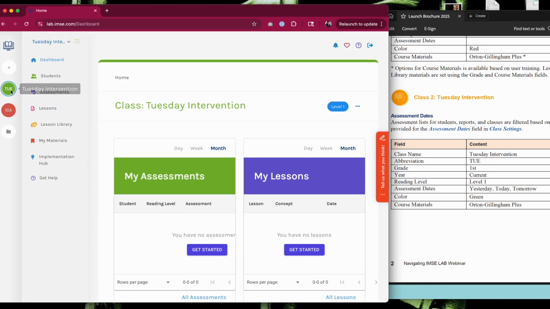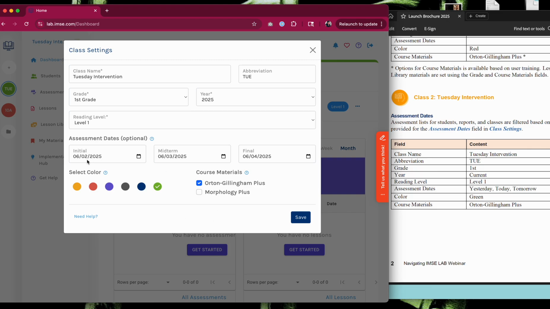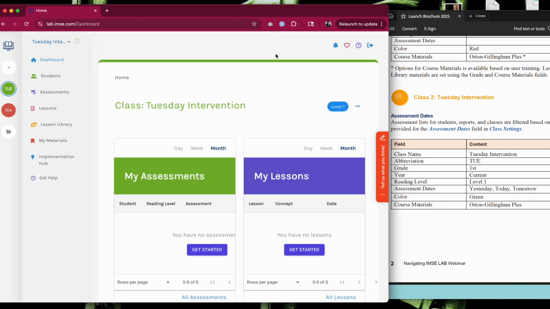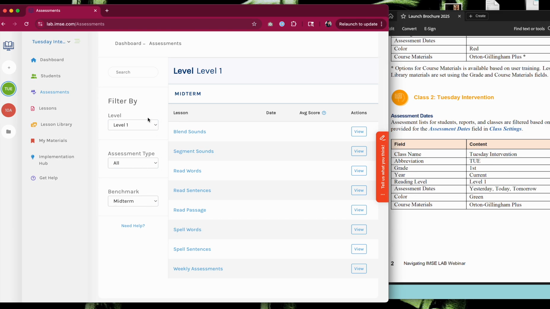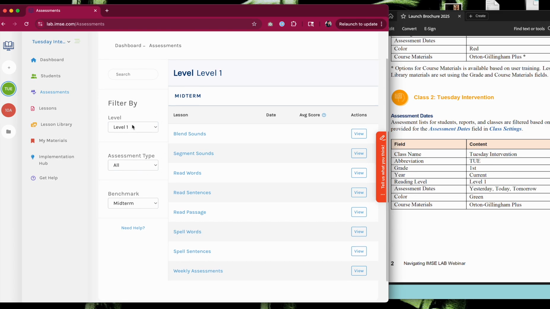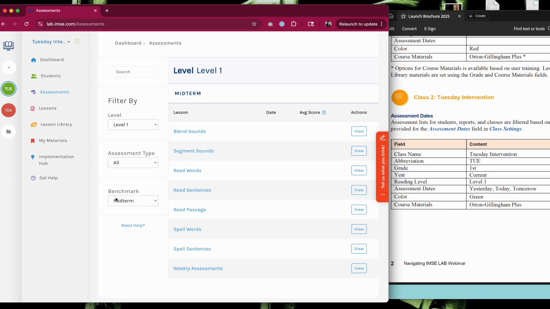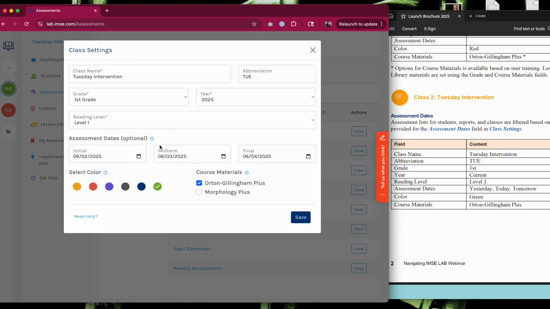As you can see, this gets added to your toolbar with the color that you just designated, with the abbreviation you designated. When you hover over that, you can see the full name and everything, and see part of its name to edit in the secondary toolbar. But again, if we take a look at the settings we just gave it, our midterm assessment dates will affect the assessments list. So in this left-hand toolbar, you'll see level 1. That's what we chose for this class. The benchmark that is selected is midterm. So notice how that is selected for us,